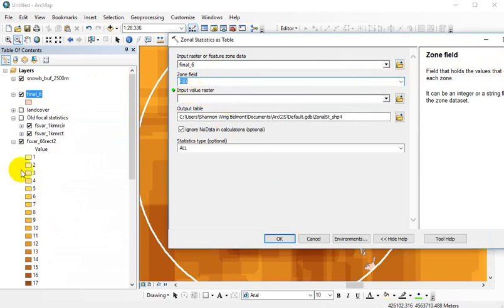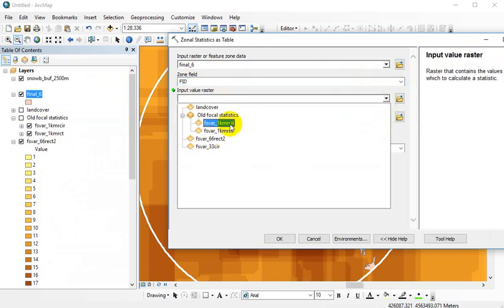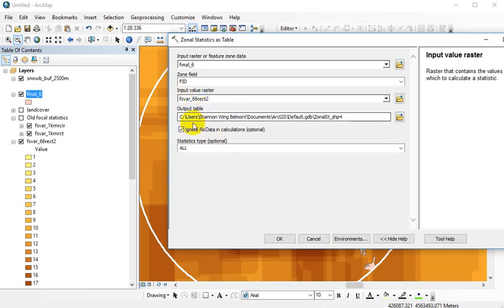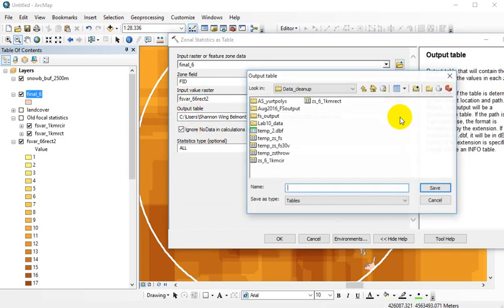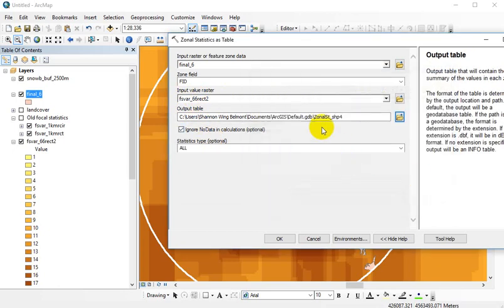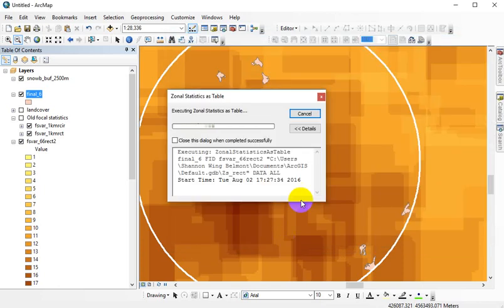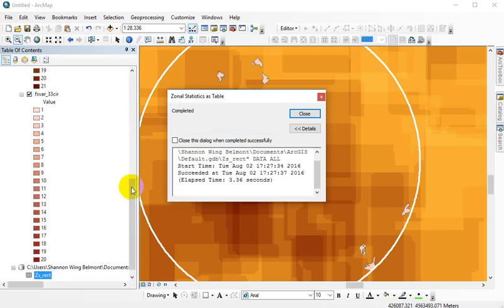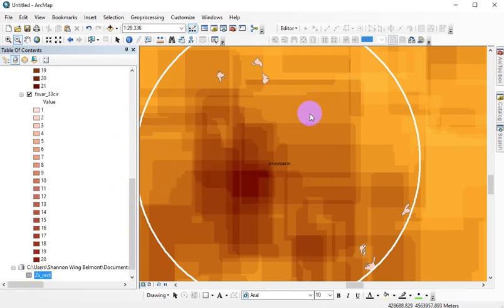Your value raster is going to be the focal statistics, and I will put in the rectangle one. Our output table, I'm just going to leave there, but I'll call it zonal statistics on the rectangle so I can keep them straight, and I'm going to run it on all statistics, and then we'll take a look at those results and pick them apart. Okay, so